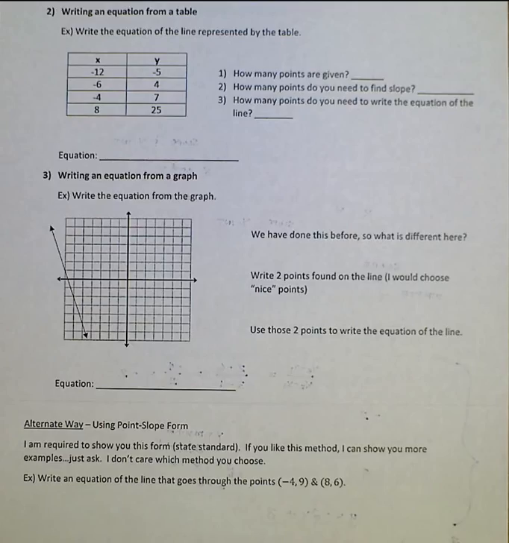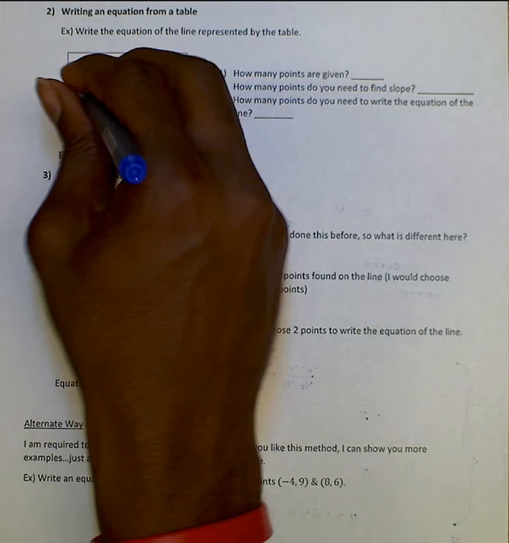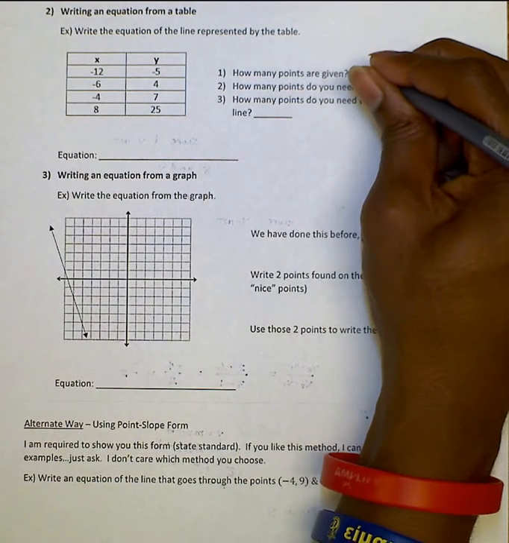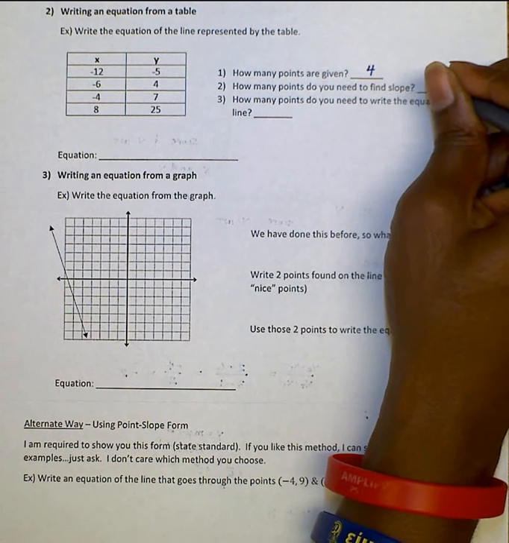Here we're going to write the equation from a table. Now remember that a table really is just a collection of points. In this situation, we're given 1, 2, 3, 4 points. We really only need 2 in order to find the